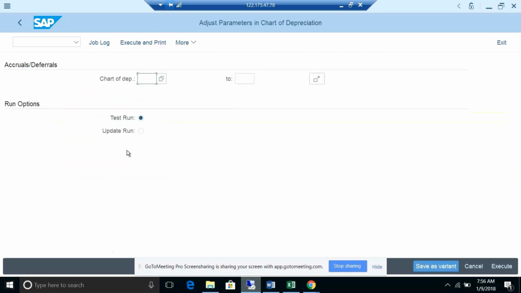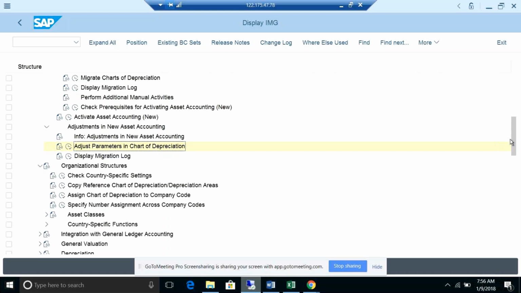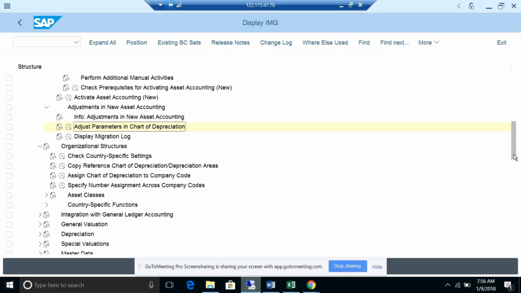Okay, so for it, migration is already done, so that's the reason it is not giving any problem here. But for all the adjustments, whatever you want to do, there should not be any inconsistency between your GL and AA and all those things. When the inconsistencies come, we will discuss that in the further configuration.